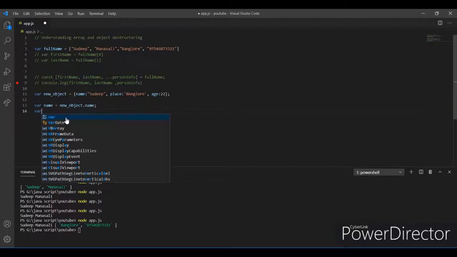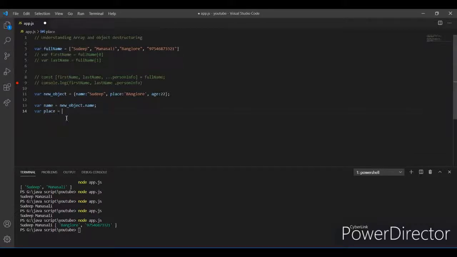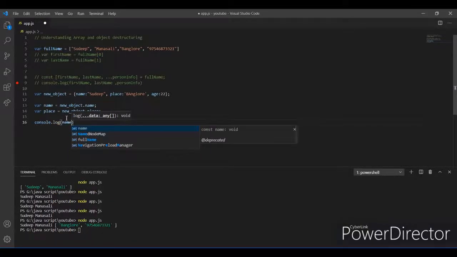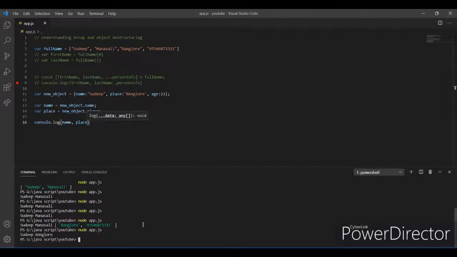And one more, var place, that is new object dot place. This will return the string value, that is Bangalore. If you log console.log name and the place, save this and run this, you got Sudeep and Bangalore, which are the name and place properties. This is also correct syntax, and there is nothing wrong with this.